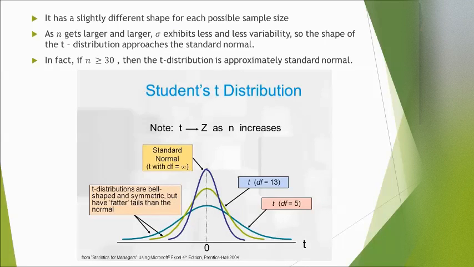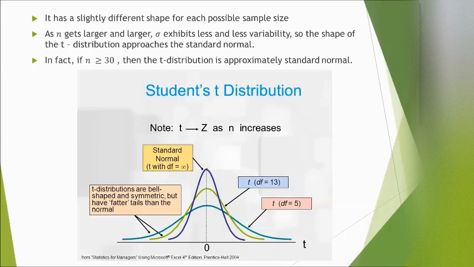So, checking the Student's t-distribution illustration as shown on the screen, as n gets larger and larger, the standard deviation exhibits less and less variability. So the shape of the t-distribution approaches the standard normal. In fact, if n is greater than 30, then the t-distribution is approximately standard normal. Meaning to say,